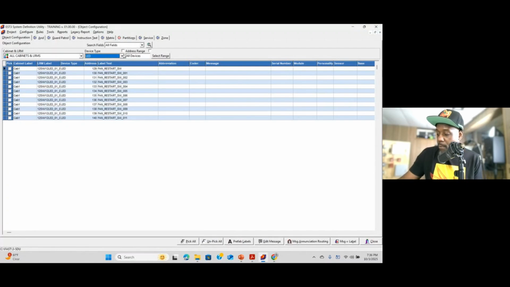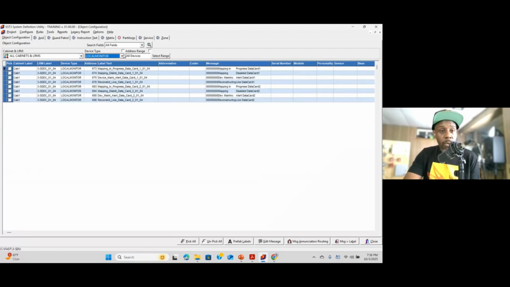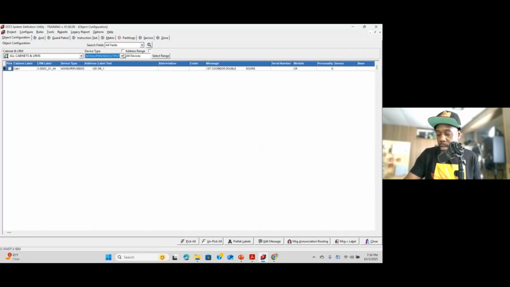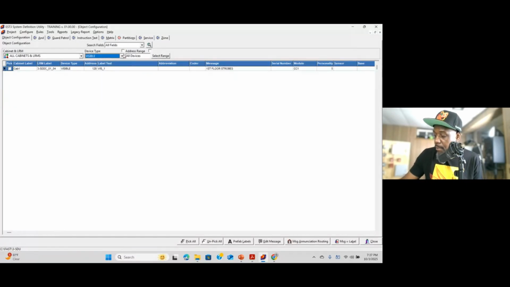So we got the fan restart. We're just going to use the first button. And when I actually get my EST panel live, we'll go through this live so you can see this actually in effect. It's going to take a couple weeks. So we got the door holder, stuff down. We got the input, LVL1 underscore smoke. We got the switch, we got the visibles, which is the strobes, and the water flow.